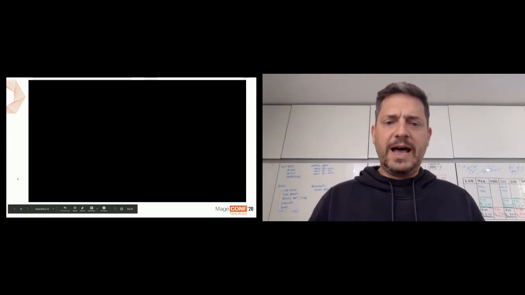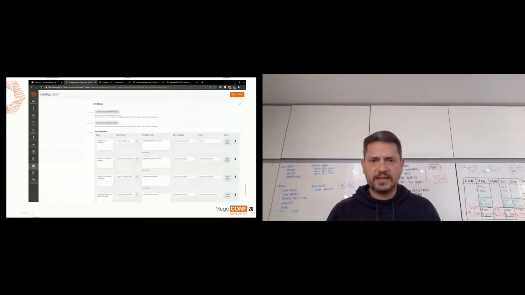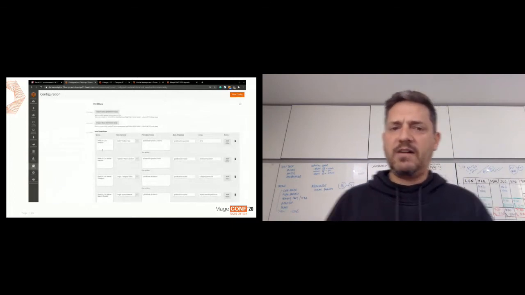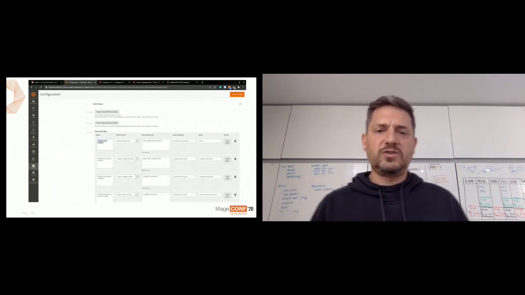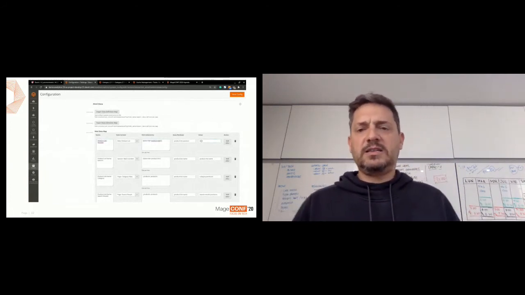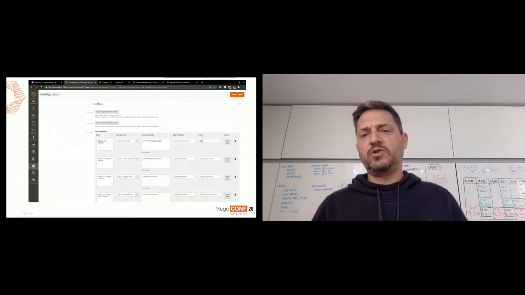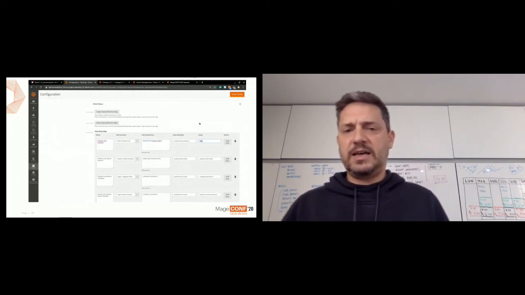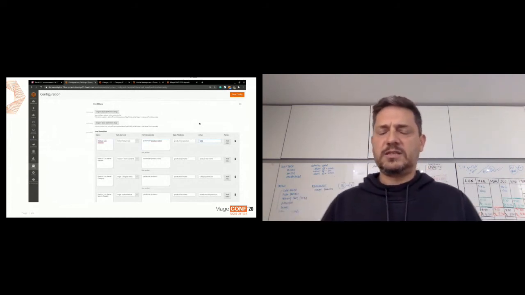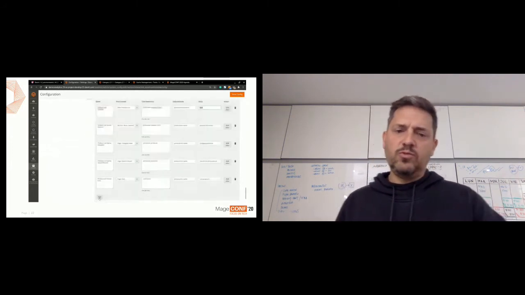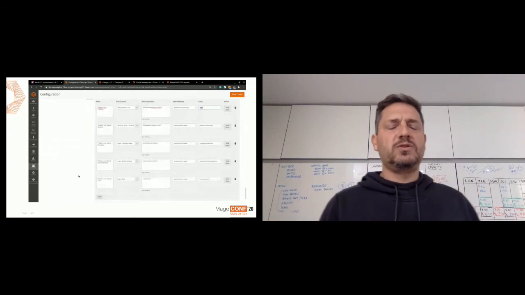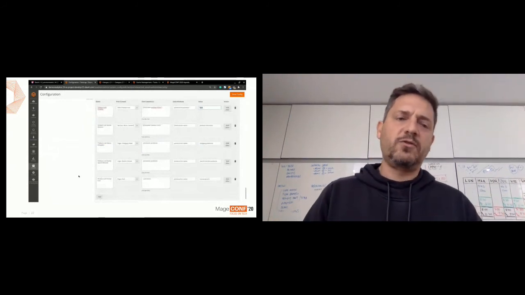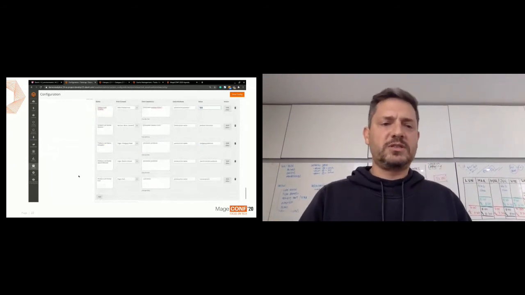Okay, so now we're gonna grab the data that those roles have. We can define the data that we want to grab. Again, we can import or export all these configurations. So in this case, we're gonna show you the example about which is the position that this list item has in the product list. Okay, we can do more, we can do whatever we want, we can just pack them and transport all of them to the next project that we have or another environment of the same project if it's needed.